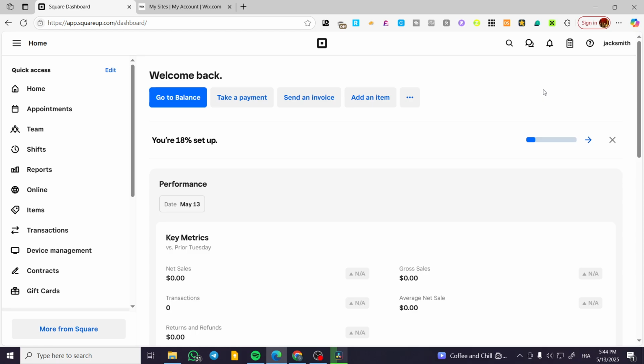How to add local delivery to Square. Hello guys and welcome to this new tutorial. In today's video I'm going to show you how you can activate the pickup and also the local delivery into